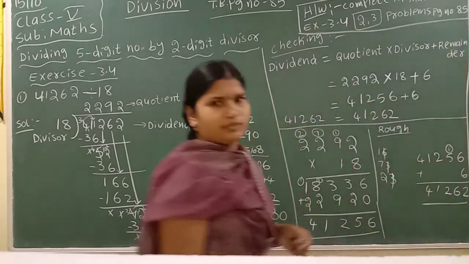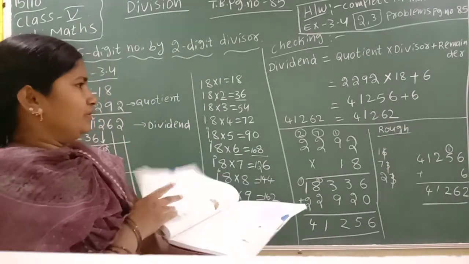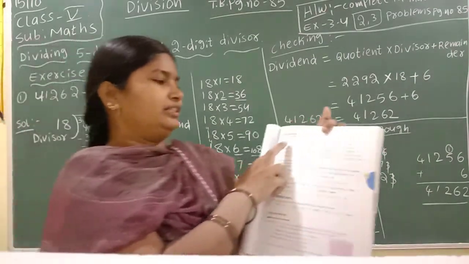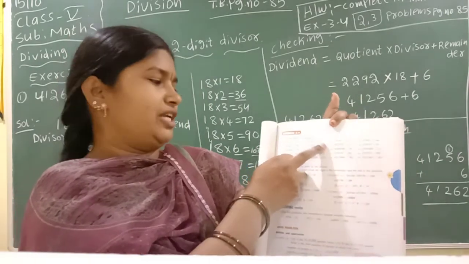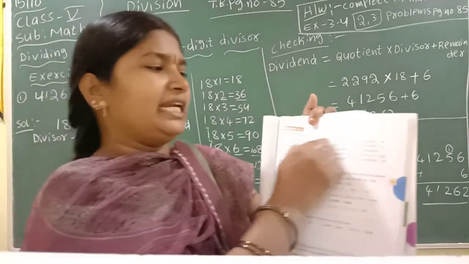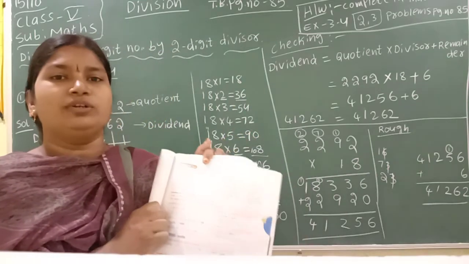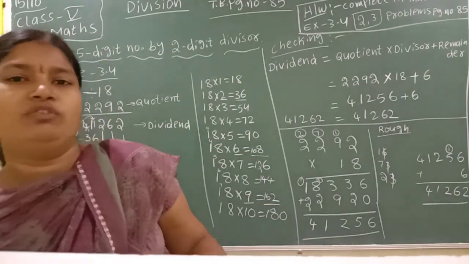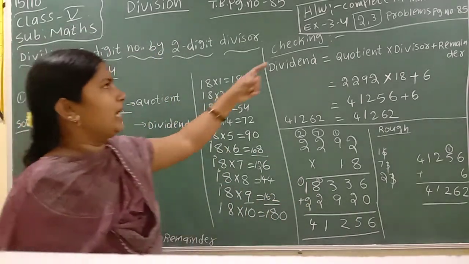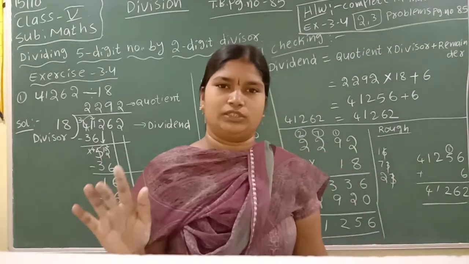Okay children, this is your homework. In your textbook page number 85, they gave 3.4. Divide and check the answers. Only the first one I explained. You have to finish 2 and 3, only these 2 questions. Okay, this is your homework today. Thank you. Open your notebook. You have to write down the date, copy all this, and do problems 2 and 3 in your maths notebook. It is your homework today. Thank you.